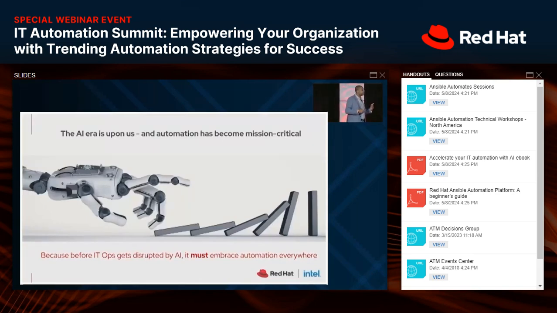So the idea here, and again, I'm going to move pretty quickly through these first few slides only because they're really meant to just kind of give you a visual reminder of what the point is. The idea here is that we all want to be able to move into the AI era, right? It's the new sexy thing, and it's been proven to be very effective. And what we've come to realize is that in order to do that, you still need to have a foundation. And the idea is that in order to properly be able to transition into doing AI, you need to have an IT ops strategy, right?